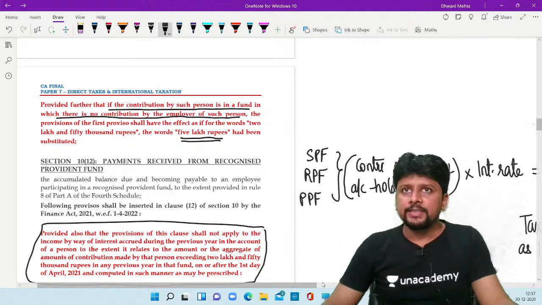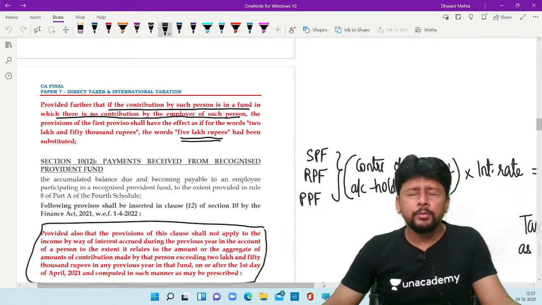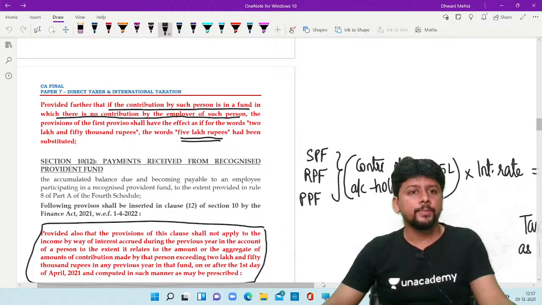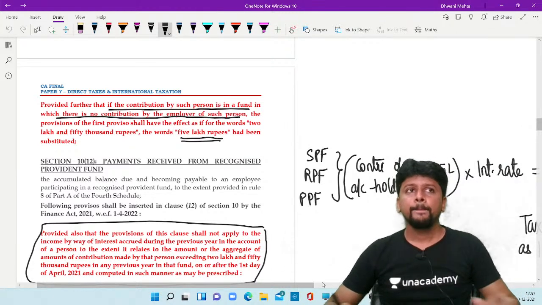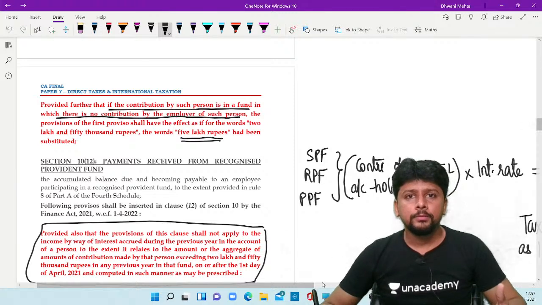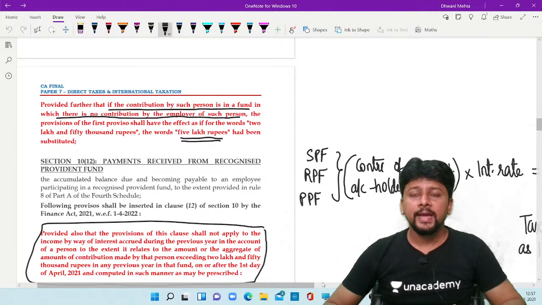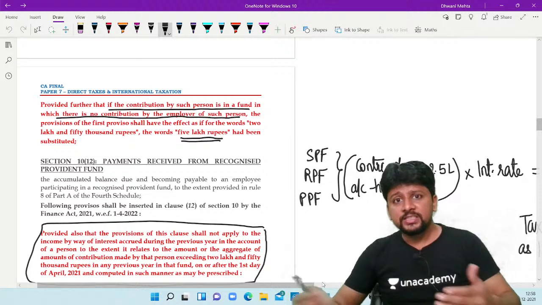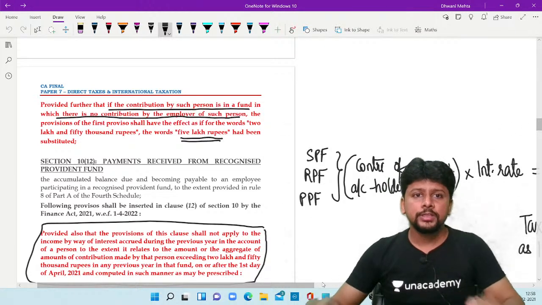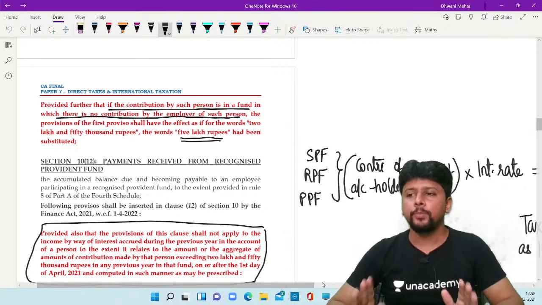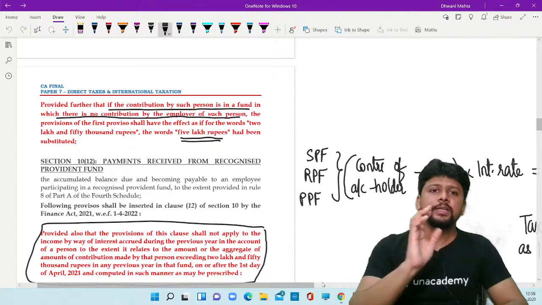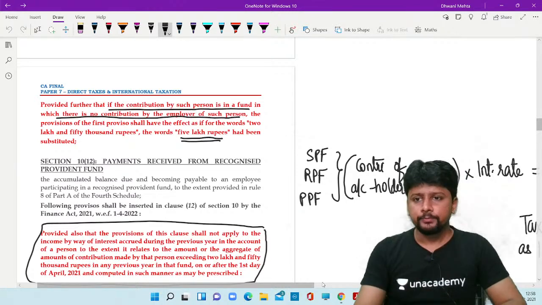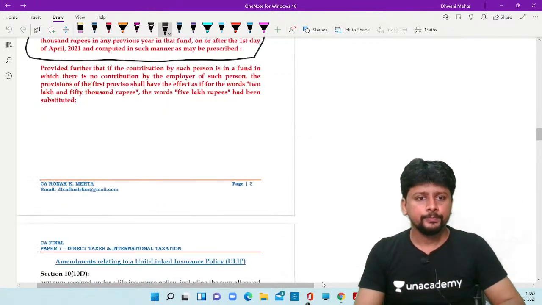There is no reason as such why this exemption is withdrawn and income has become taxable. Maybe the government wants some income tax inflow. Maybe the government wants to encourage people to invest elsewhere and not to just deposit their money into the provident fund. Beyond a point of time, it is difficult to figure out the logic for this, but yes, this is how the provision is going to work. 10(11) and 10(12). Okay,